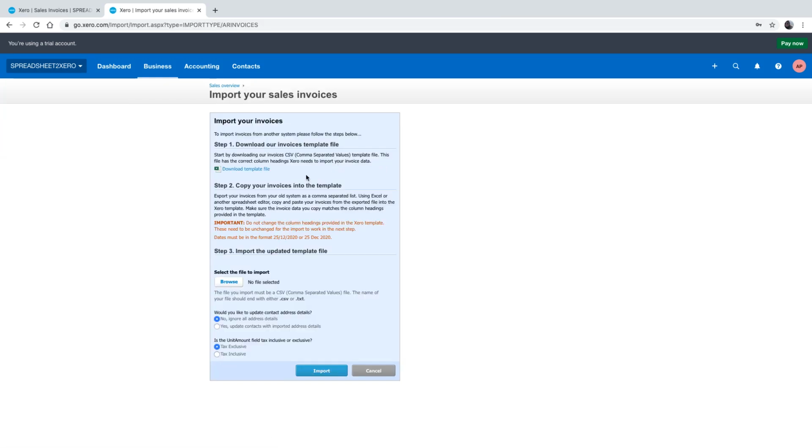And here you would start by downloading this template file to fill out so that it's in the format that's compatible with Xero. This is a template that I just showed you, which I filled in for my company-specific data for sales. And it's best to use this file since it has the correct column headings Xero needs to import your invoice data. So I'd click Browse